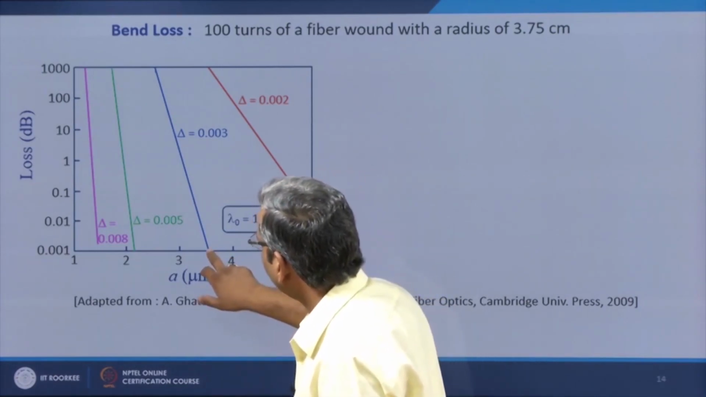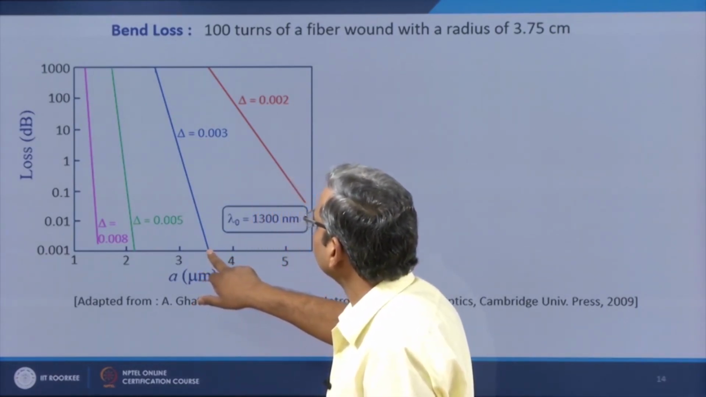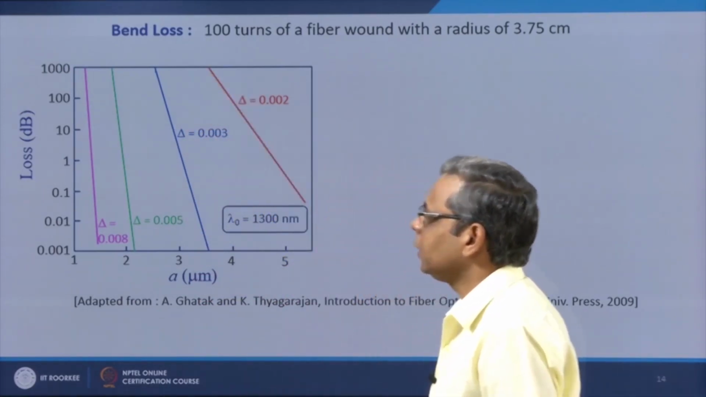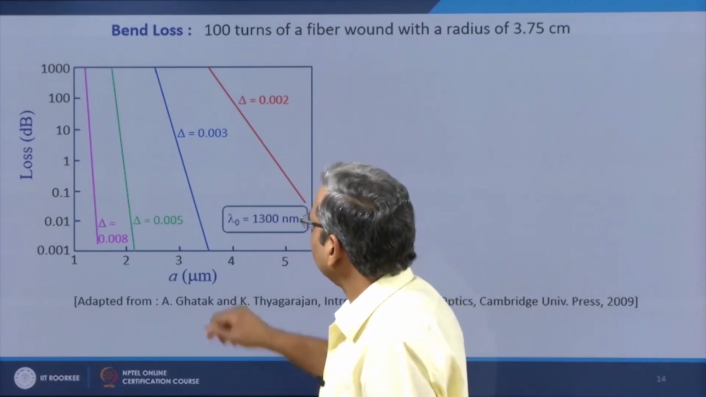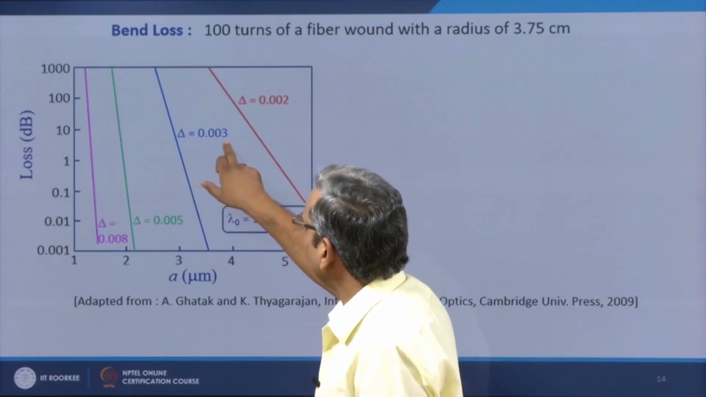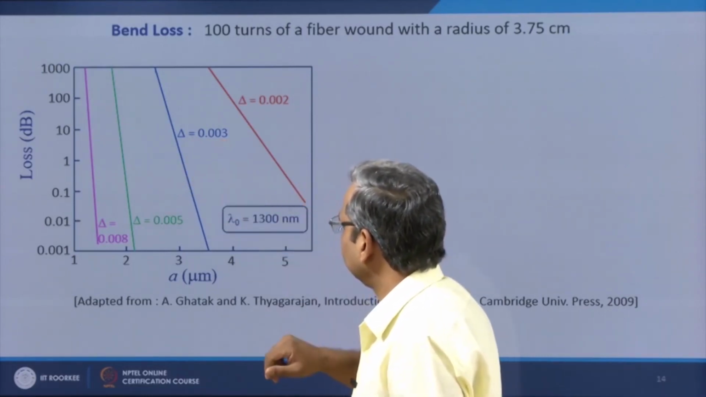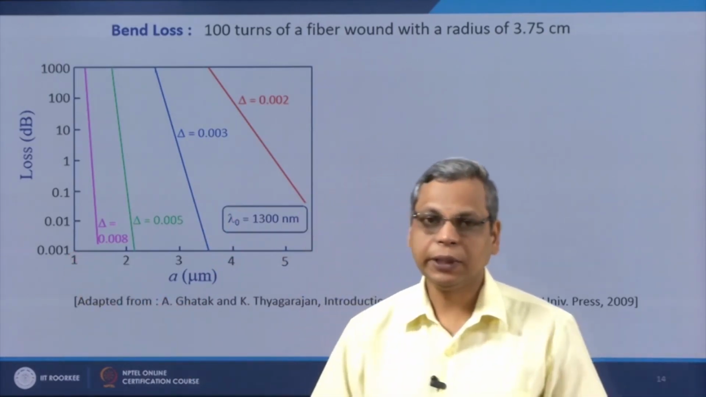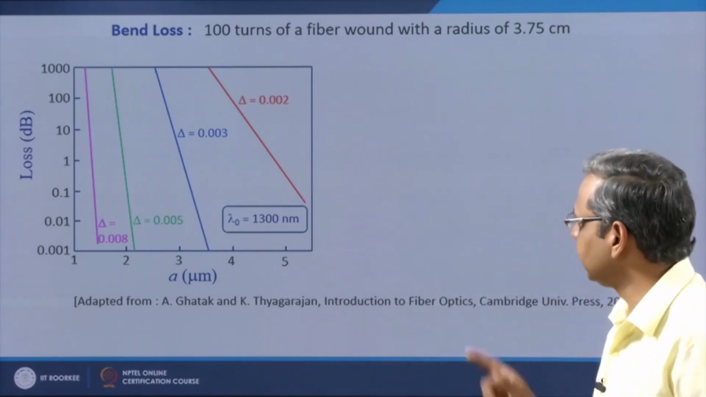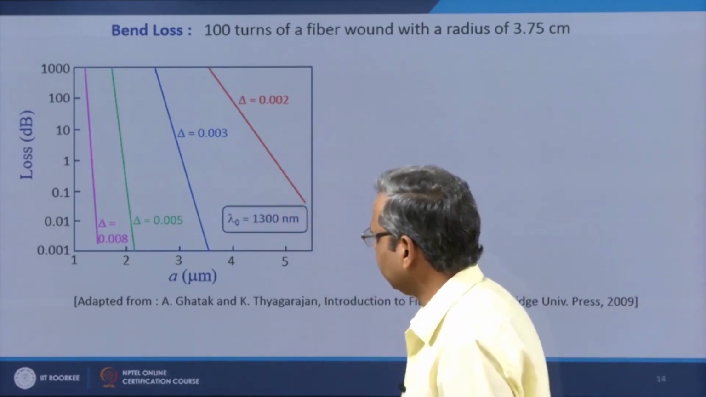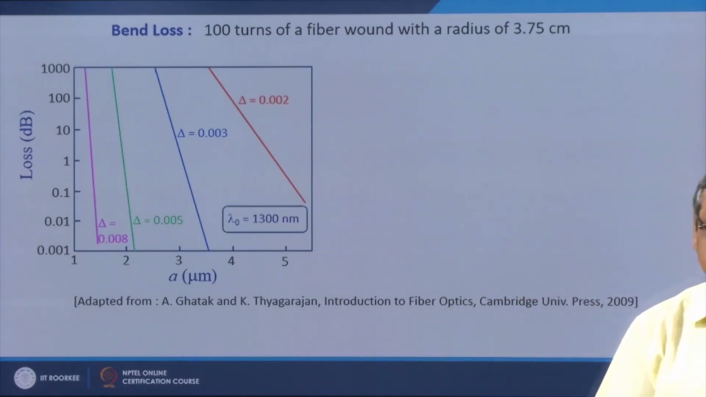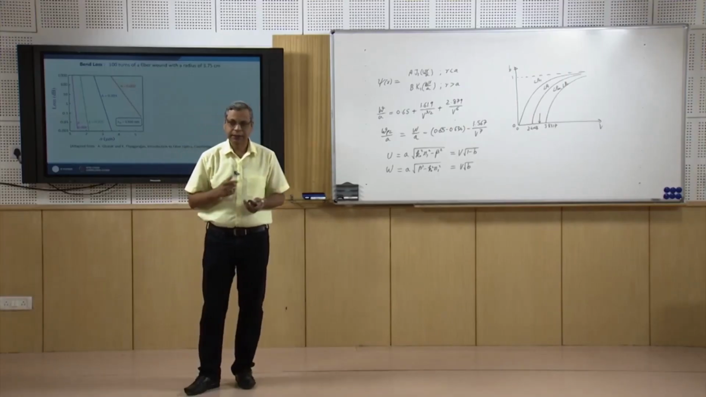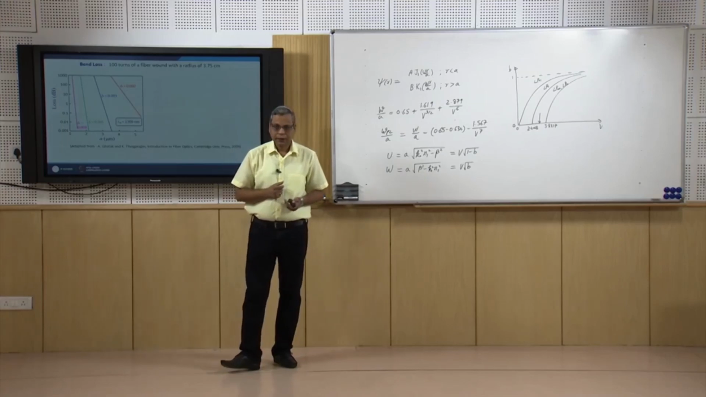So, at about 3.5 micrometer core radius, delta equal to 0.2% gives you a loss which is more than 1000 dB, while a fiber with delta equal to 0.3% gives you a loss which is close to 0.001 dB. So, there is a huge difference by changing the delta a little. So, this delta causes a huge impact on the bend loss of the fiber, and it is understandable that if